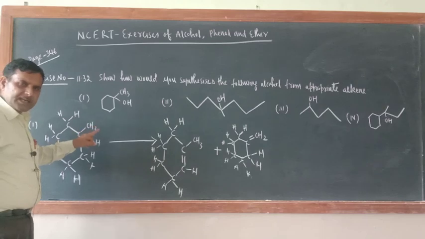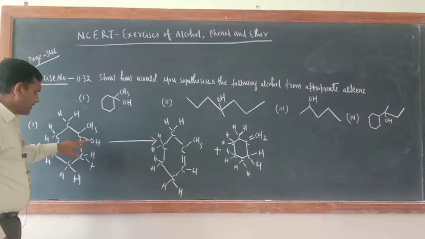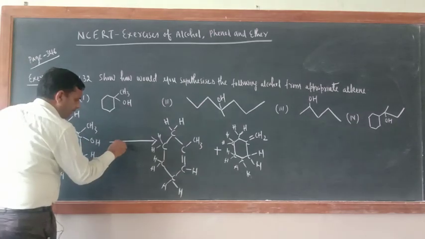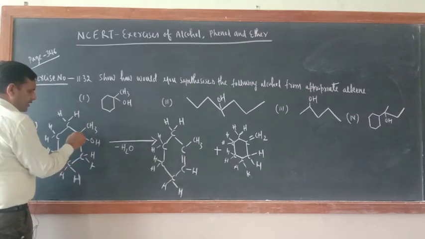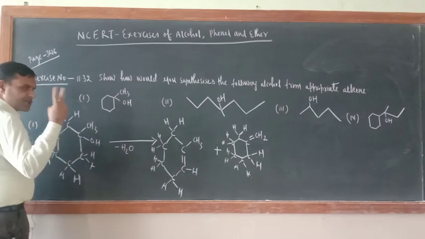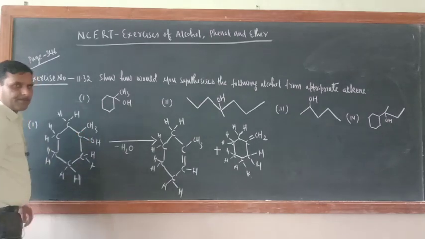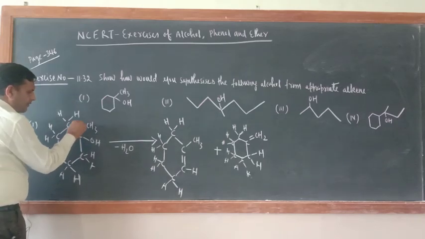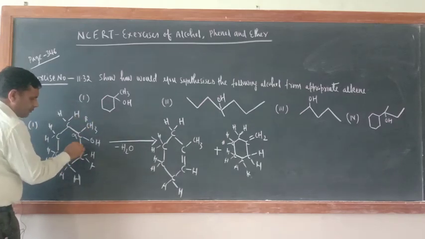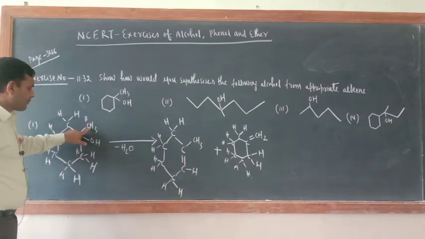Dehydration of alcohol is an example of elimination reaction. What kind of reaction? Elimination reaction. So the OH will come from here, and for H, see, this carbon atom is bonded with this carbon atom and this carbon atom. So there are chances that hydrogen may come out from here or it may come out from here. Beta elimination. If this carbon atom is alpha, then this is also beta, this is also beta. So it may come out from here, it may come out from here.